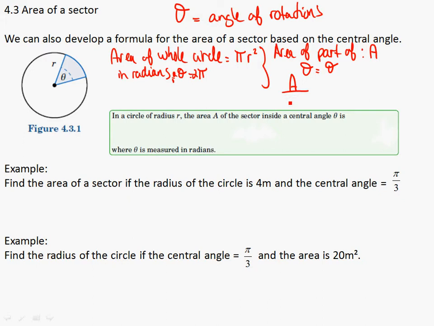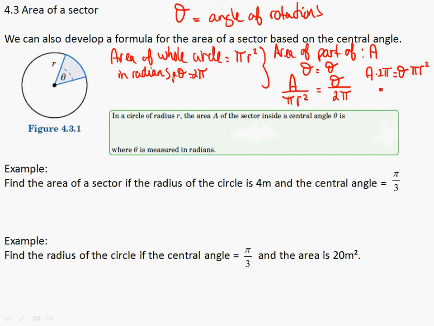So the part of the circle is to the overall area as the angle of rotation is to 2 pi. Does that make sense? The whole circle has an angle of rotation of 2 pi. Part of the circle will have an angle of rotation that's unknown. Well, if you solve this, if you do A times 2 pi is equal to theta times pi r squared,